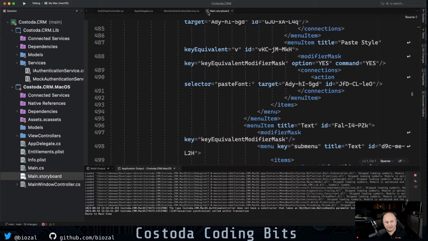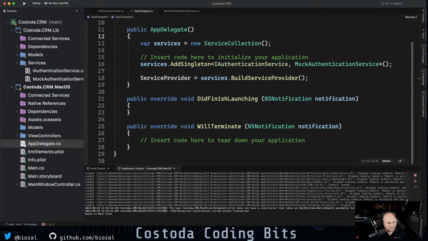So the answer is, because it's just XML, the file watcher will fire. It's going to see that the XML has changed. It serializes the XML out, figures out what things have been added or deleted, and then automatically either generates the code or updates the code based on that. And that's the magic of how it works. It's really not magic. When it comes down to it,